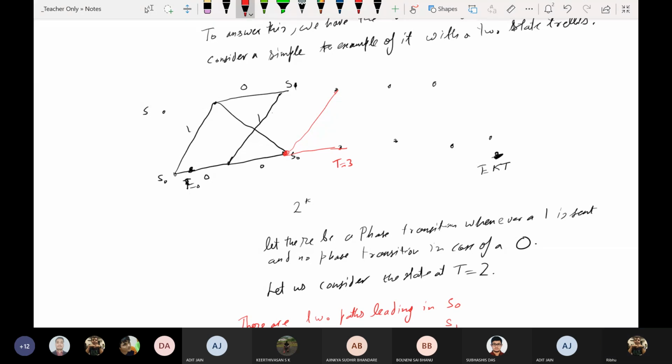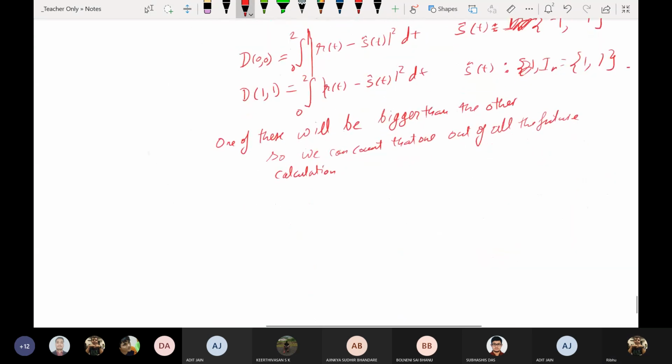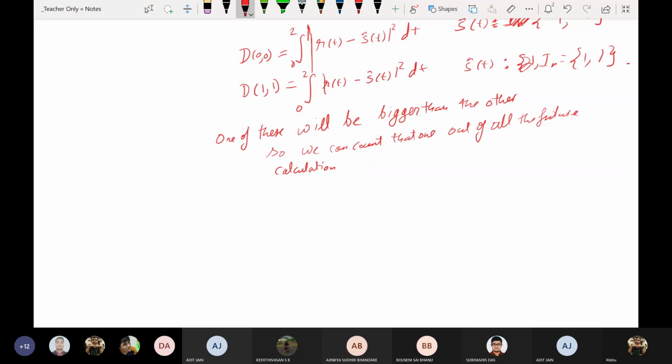So you are saying that while continuing ahead, I could say that, okay, I am at S0. I do not know the exact path I took to S0. You can only say that out of the 2 paths that lead to S0 at time 2, this one is more likely, or this one has a smaller distance.